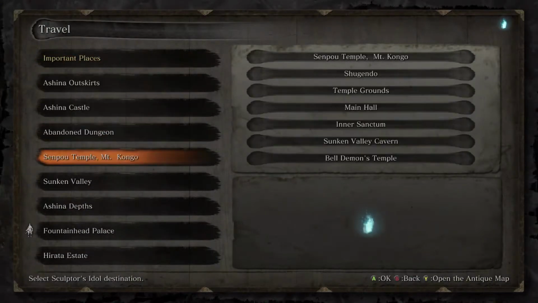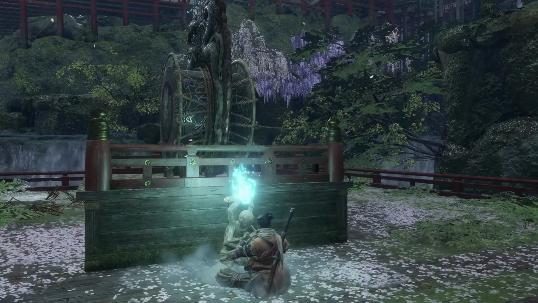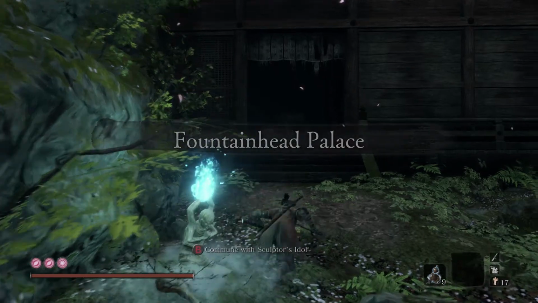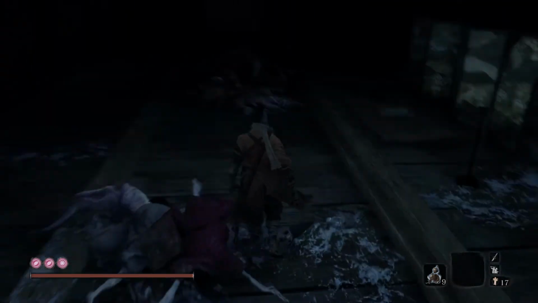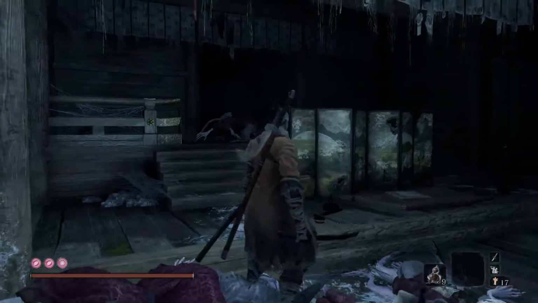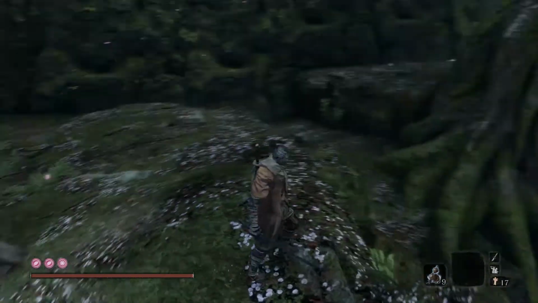And now we come back and go to Palace Grounds. Oh, look at that. It explains it. Leave an enemy alone and their posture will slowly recover. So I do want to see, yeah, her body's still here. So they were sisters. They both died. Very sad. Anyway, come back over here